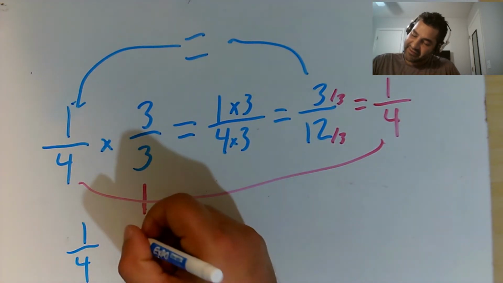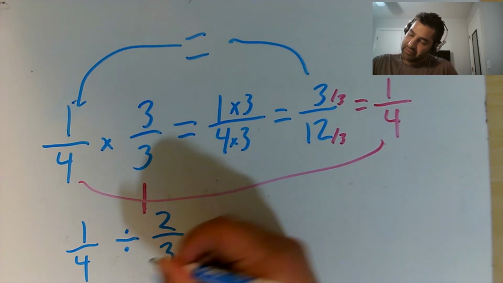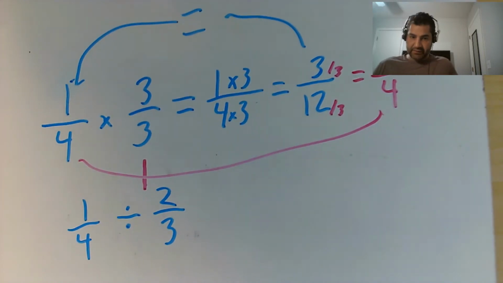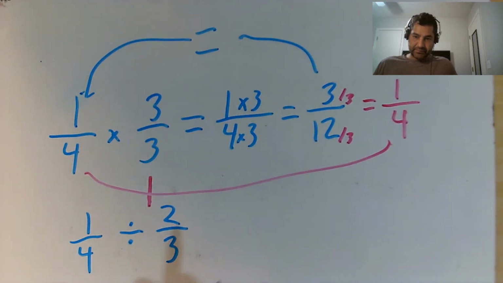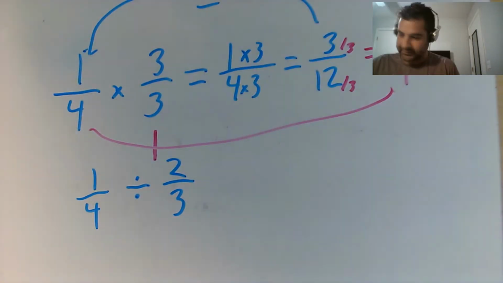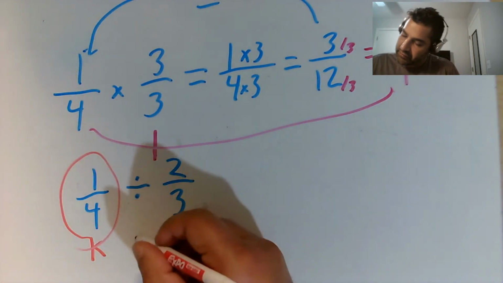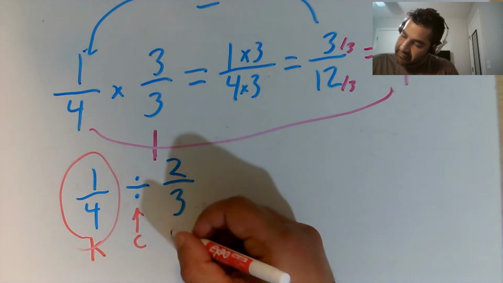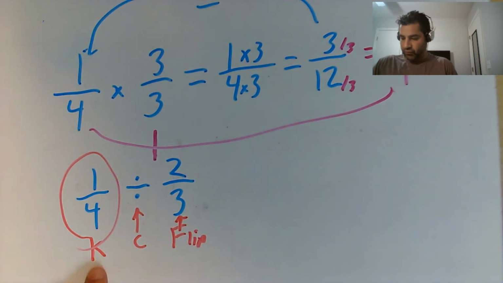1/4 divided by 2/3. Alright, so same thing with multiplying. You go straight across, but what you do is you keep, change, flip. You probably heard that before, keep, change, flip. I'm going to tell you what it actually is. So we're keeping the first term, we're changing the second term, and we're flipping the third term. So 1/4, you keep it,